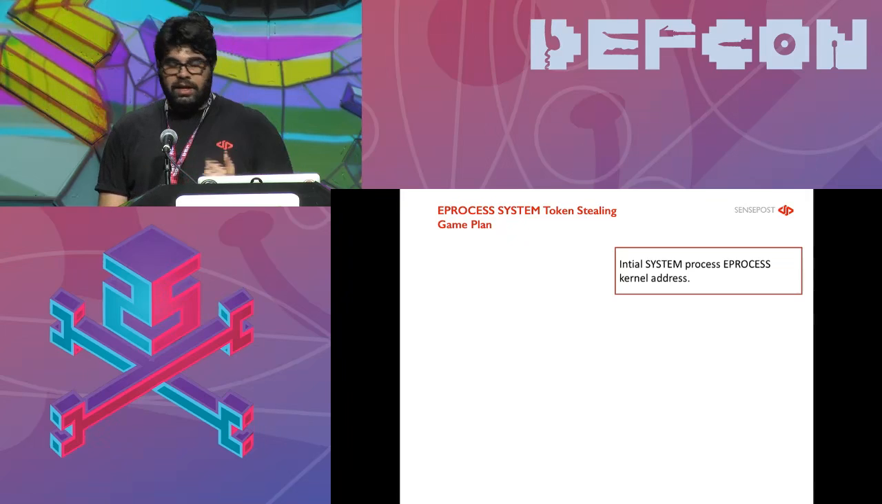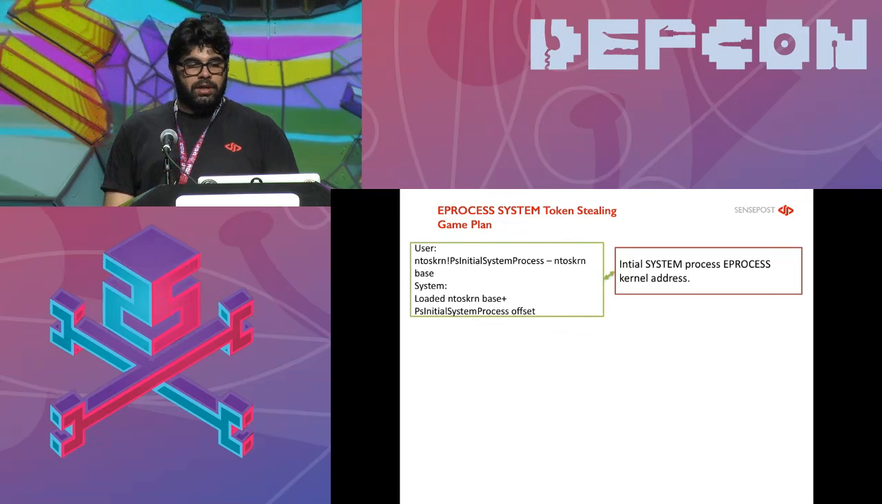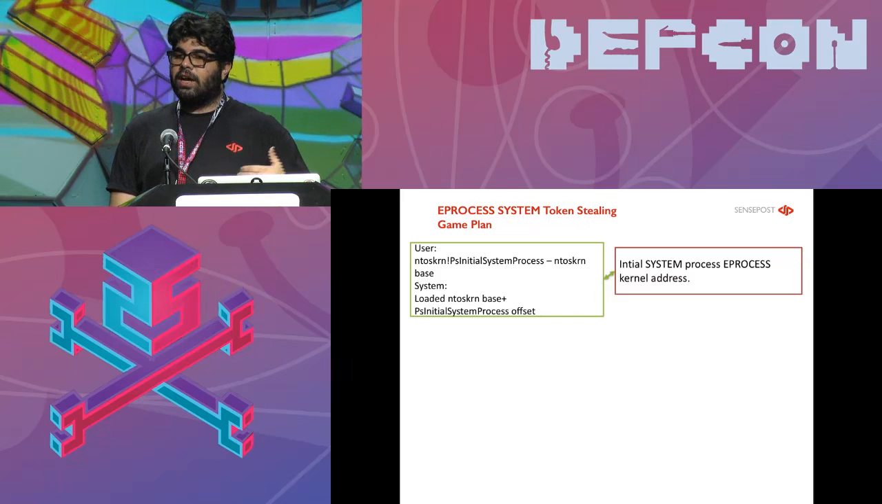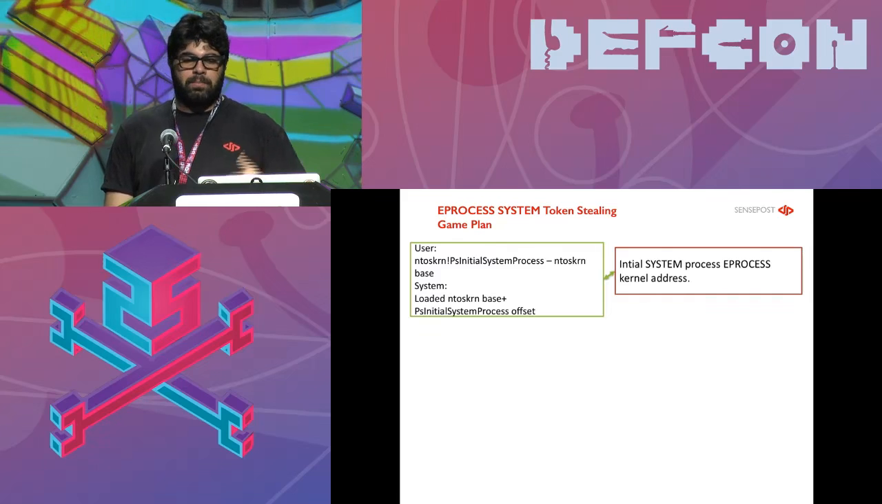first, we need to get the address of the system's EPROCESS structure in memory. And the way we can do this is, there is an exported symbol called PsInitialSystemProcess. So if you load ntoskrnl.exe into your program's memory, get its offset and subtract it from the base of the ntoskrnl memory, you'll get an offset that this specific entry is located at in the kernel. And then you can easily leak the ntoskrnl base address from the drivers and then just add this offset to it, and you have successfully got the system EPROCESS structure location from the kernel